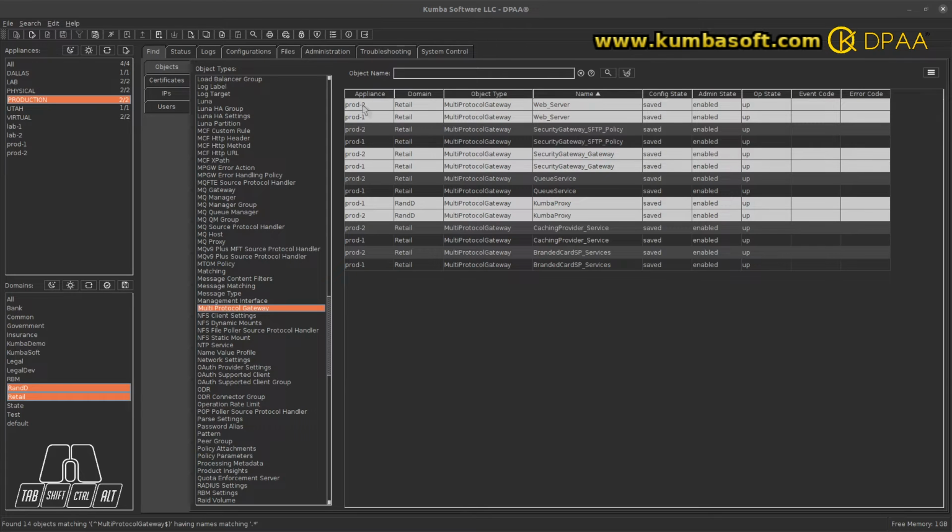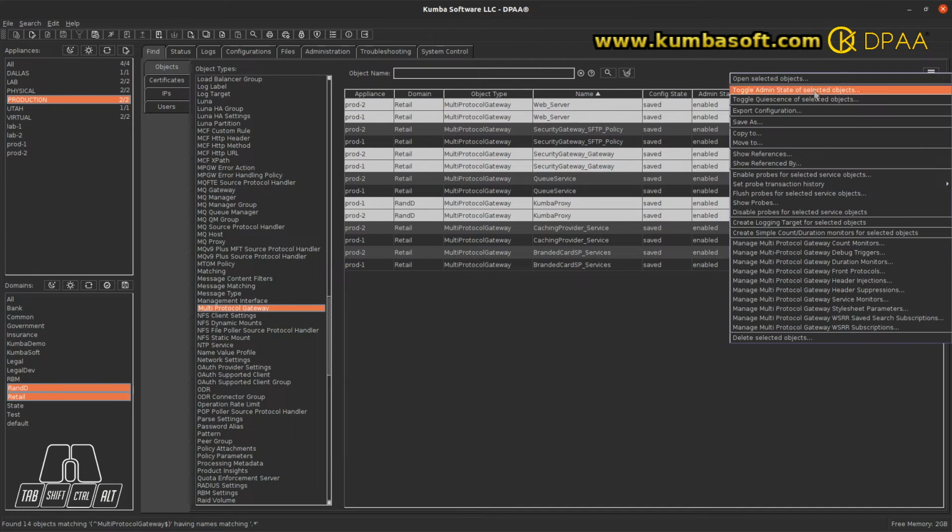Now, I want you to take note. These are services across 2 different domains of 2 different appliances, which is why we call this the aggregated probe view. To get started, we have a hamburger menu over on the right-hand side over here, and if you select that, there are a number of options available in the menu that are specific to when you select services supporting